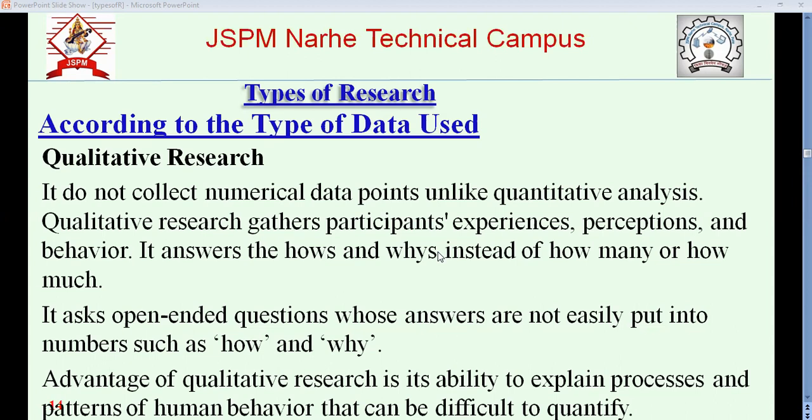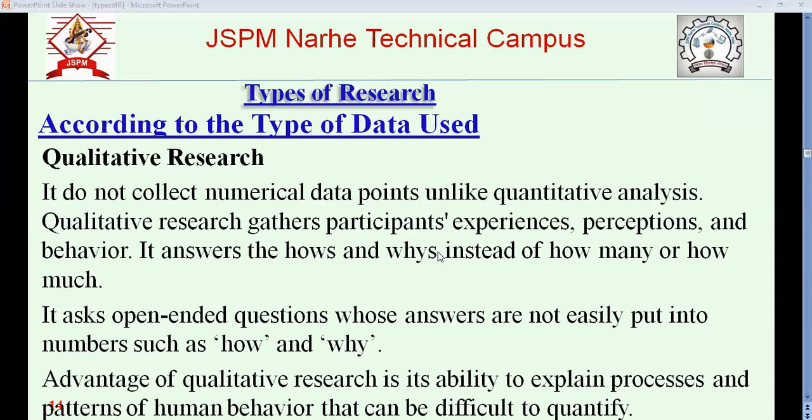Okay, now I'll move to qualitative research. As we know, in humanity, arts, history, we use qualitative analysis. But engineering, science, yes, we can also use qualitative analysis, though mostly they use quantitative analysis. But we cannot say that we have to only use one. You can use qualitative as well as quantitative analysis or research.